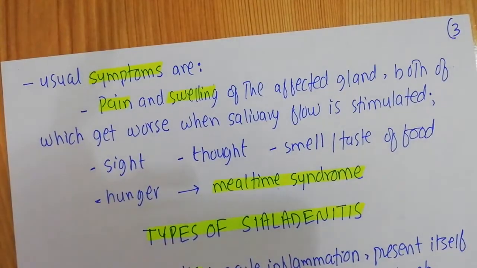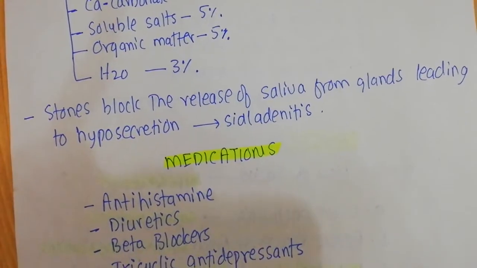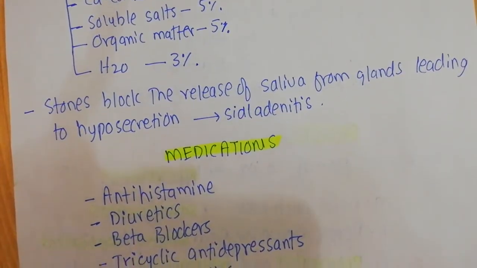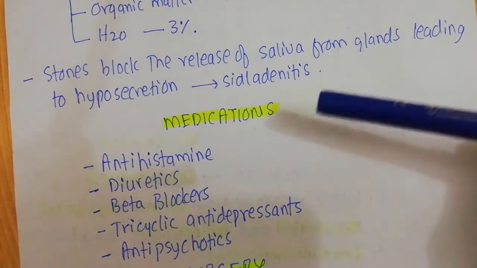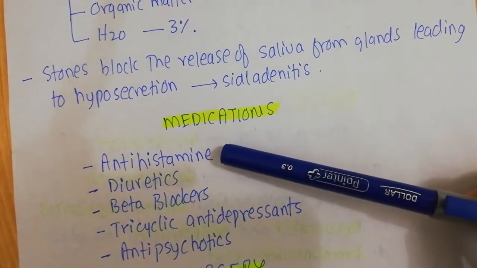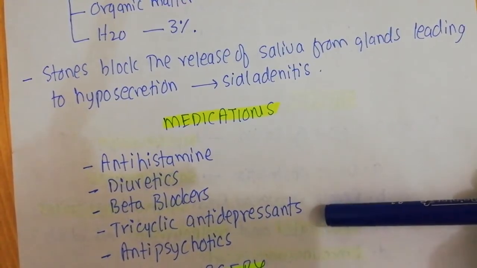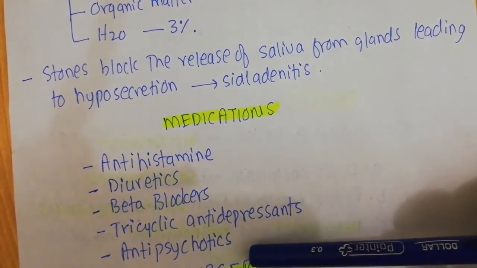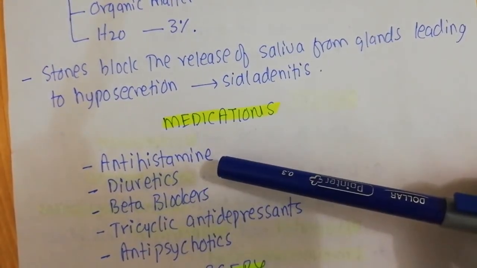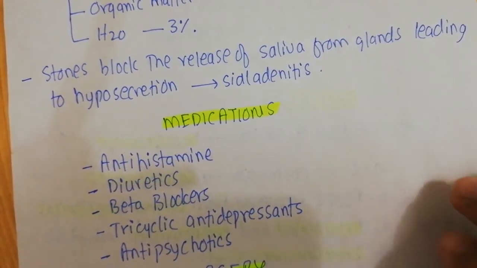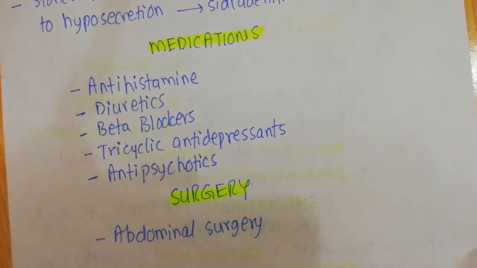it is therefore known as mealtime syndrome. Now the other conditions that can lead to hyposecretion: certain medications are responsible for hyposecretion of saliva, and the most common medications that lead to hyposecretion include antihistamine drugs, diuretics, beta blockers, tricyclic antidepressants, or antipsychotics. So if an individual is taking any of these medications, they have a chance of developing sialadenitis in their salivary glands. Sometimes surgery can also lead to the